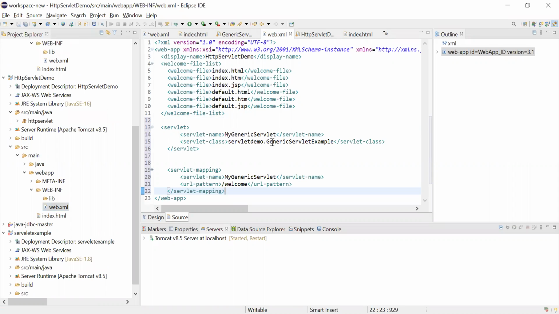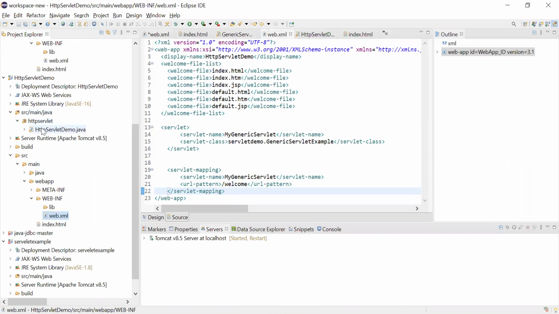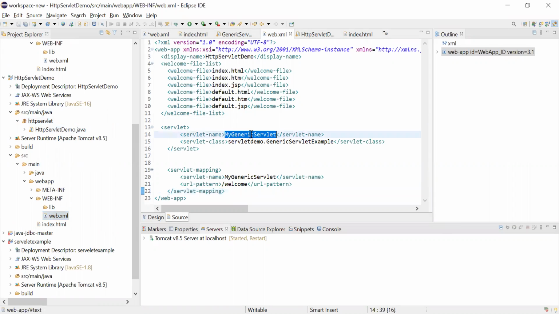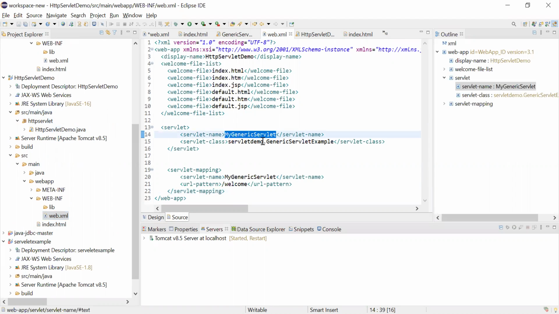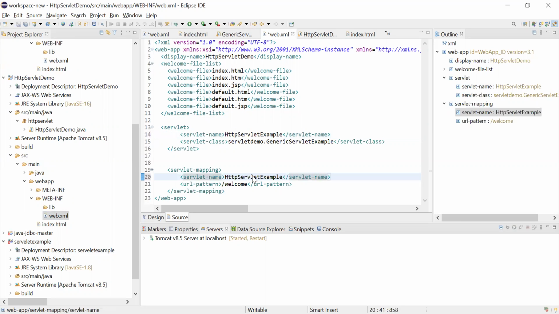Here I'm changing it. My package is HTTP servlet, right? Under the HTTP package, instead of a generic servlet, I'm making it HTTP servlet example. HTTP servlet example, you have to keep exactly here so that it matches.